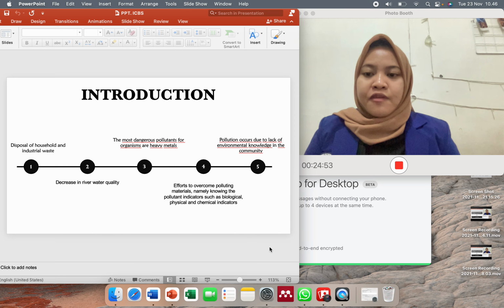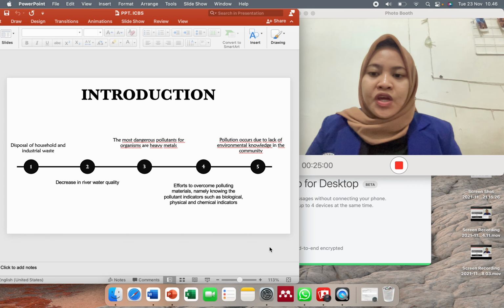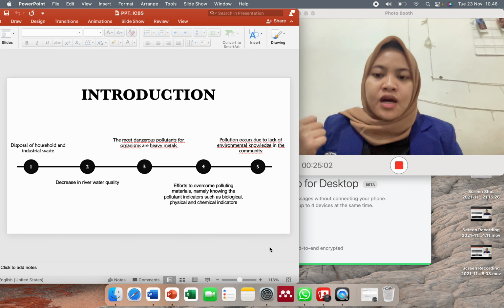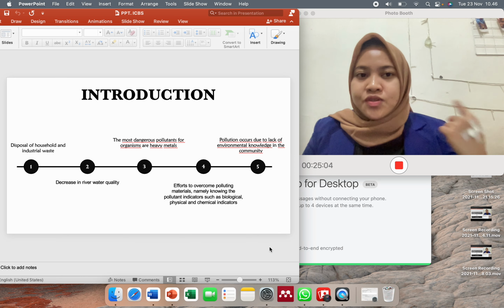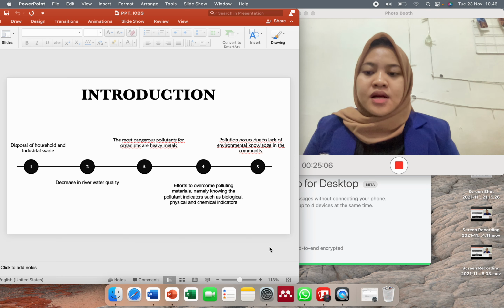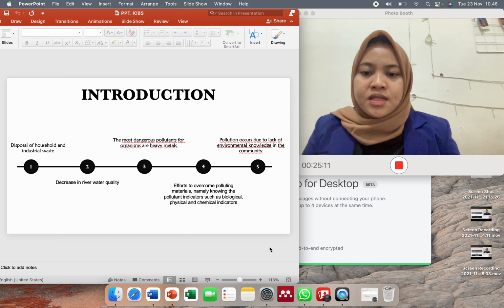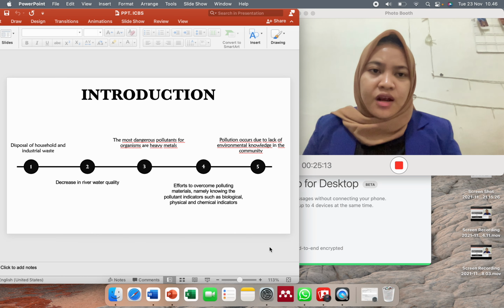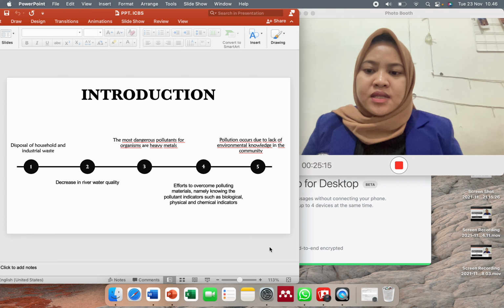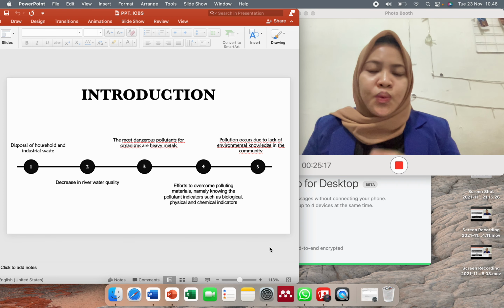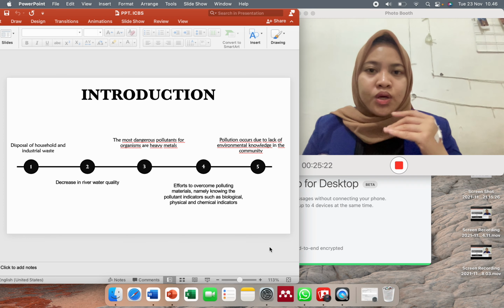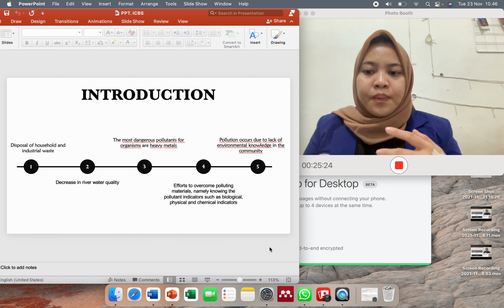Introduction. The river flows near residential lanes, and is often used by the community as irrigation canals for agriculture, fisheries, and industrial activity. Some places are used as a place for household disposal, which results in a decrease in river water quality, and this condition causes organisms in the water to die because they are unable to adapt to the polluted environment.